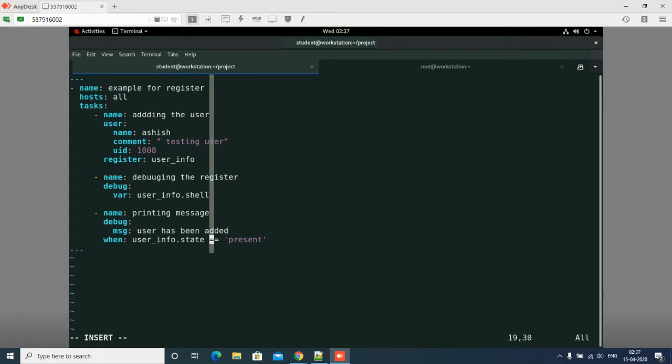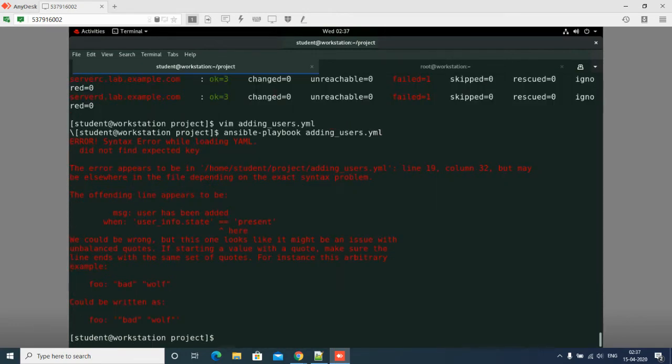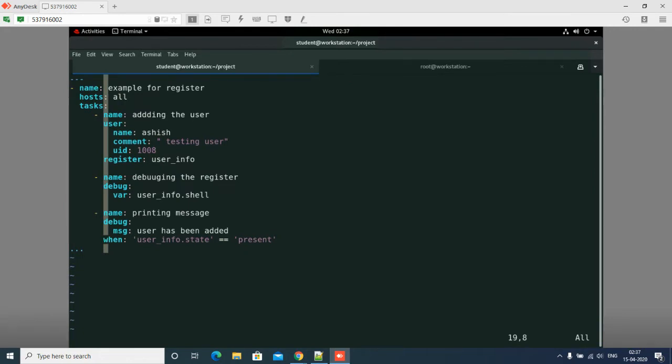I'm comparing strings. I might have named it something using this.